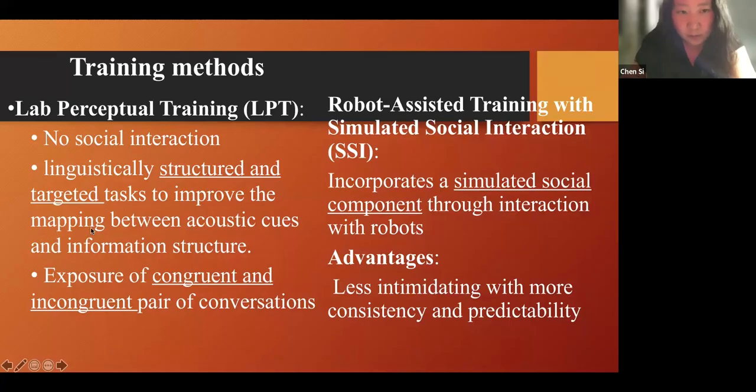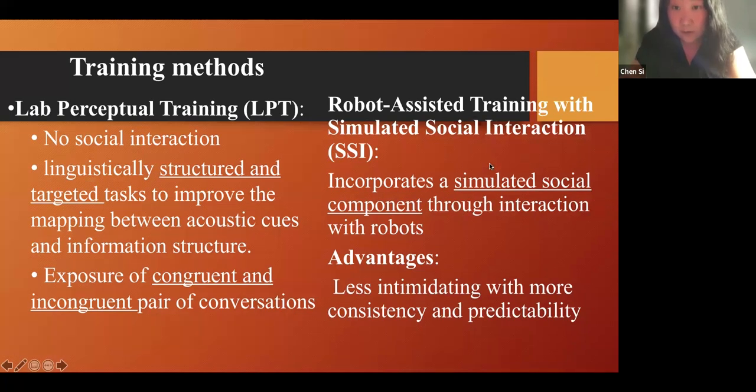So we also try to design it according to what has been successful for improving, not necessarily focus marking, but speech skills in general. And we try to let autistic children be exposed to congruent and incongruent pairs of conversations.